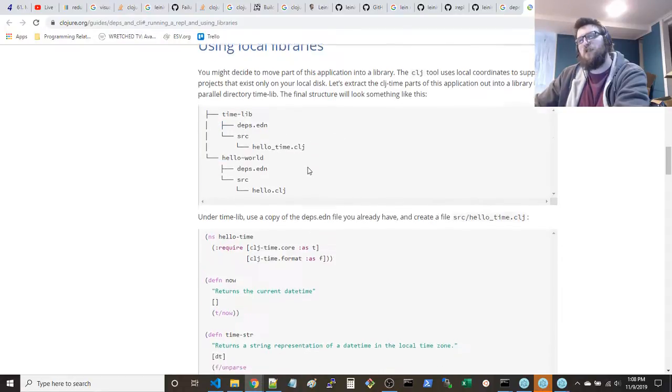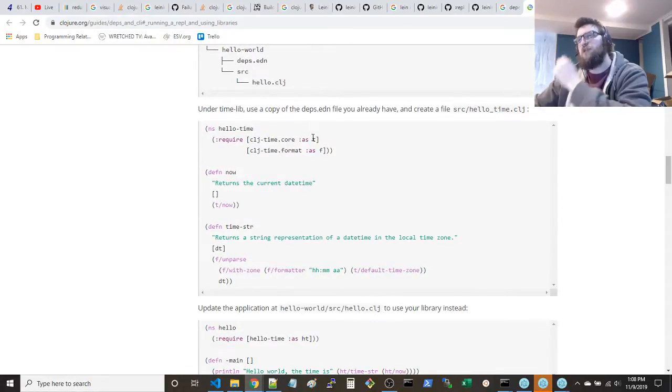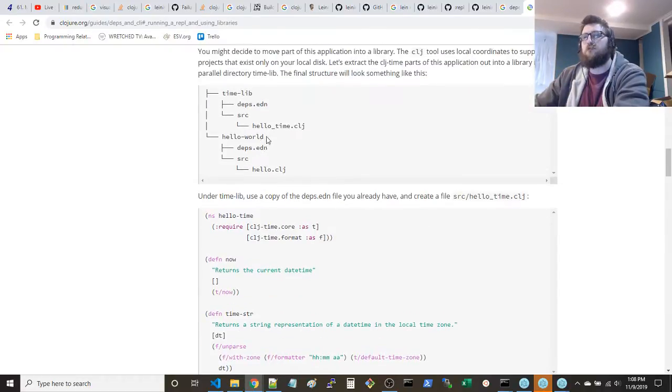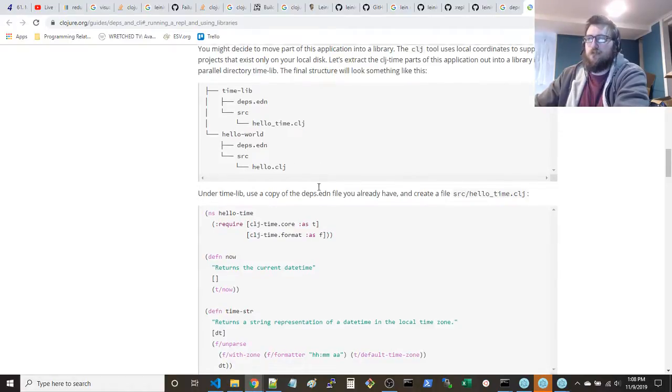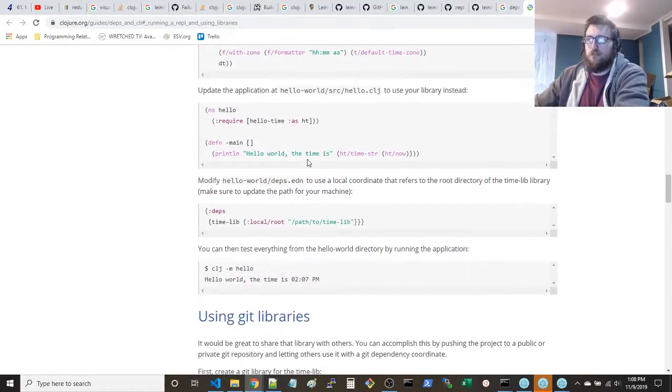This is another project. Copy the dependencies file you already have and create a file, time.clj. Timelib, dependencies. Dependencies EDN, use local coordinate.